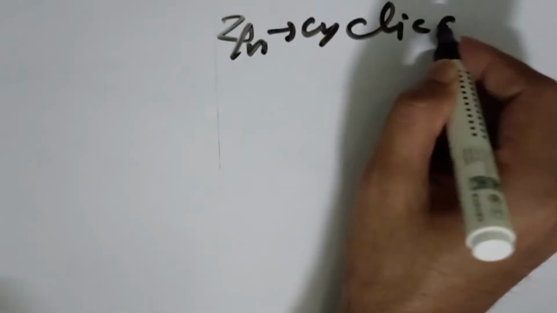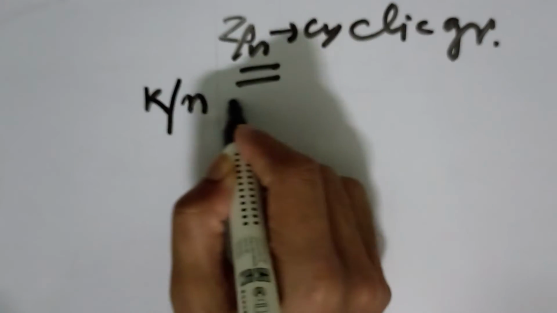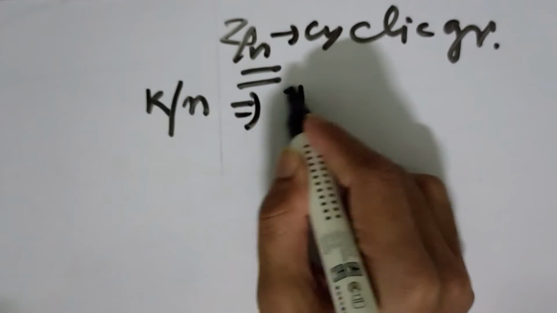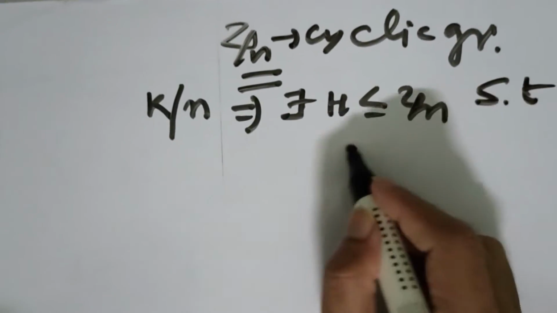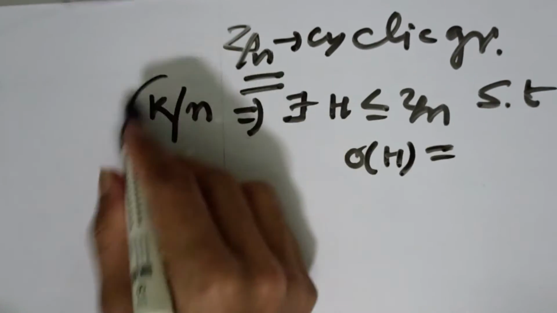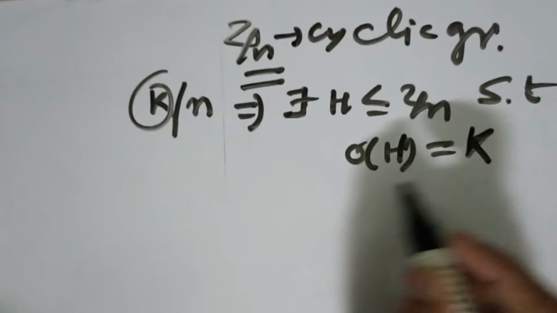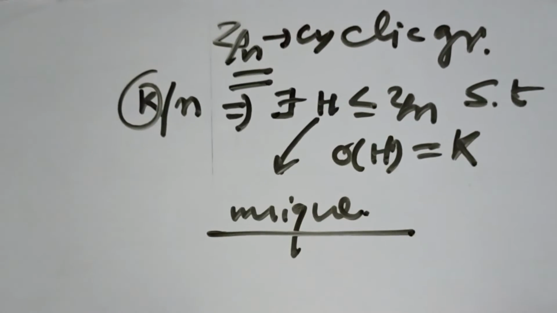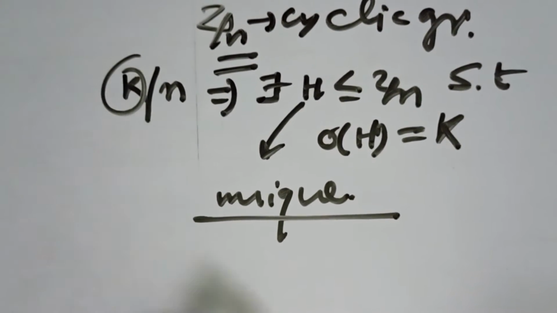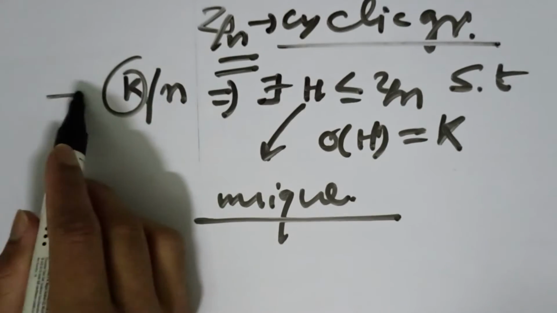And what are the subgroups? You can also find the subgroups because Zn is cyclic. Okay, we know Zn is cyclic. In a cyclic group, for each divisor of n, there exists a subgroup of Zn whose order is equal to this divisor. And not only this, the subgroup is unique. Zn is a finite cyclic group, so for each divisor of n, there is a unique